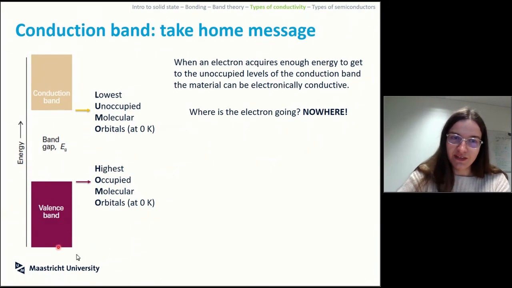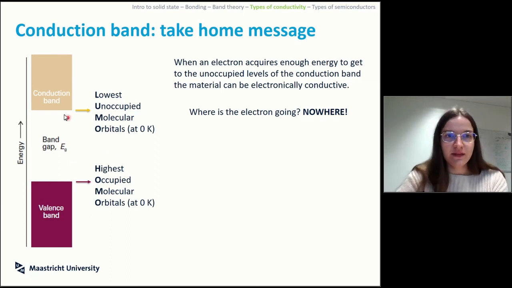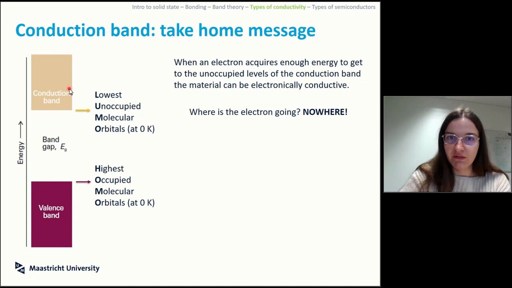Here, when you have this gap over here and everything is filled up, this is the highest occupied molecular orbital at 0 Kelvin. This is the lowest unoccupied molecular orbital, so LUMO, at 0 Kelvin. If you tweak the possibility of acquiring these energies, it changes, and you can actually do something because you have the possibility of going around. Now, when we talk about the possibility of going around, where is the electron going in this